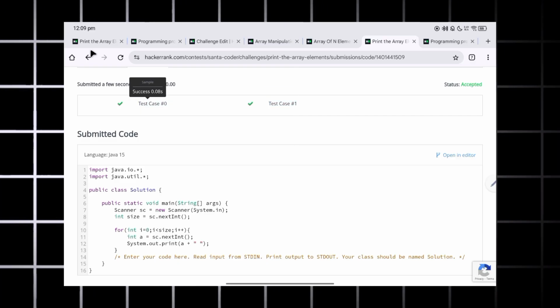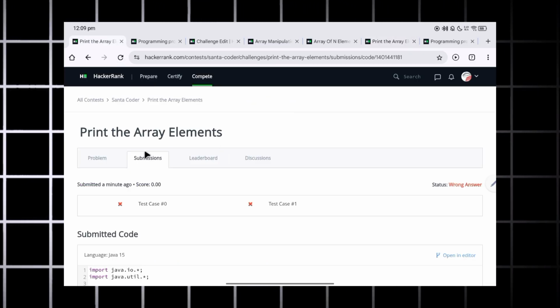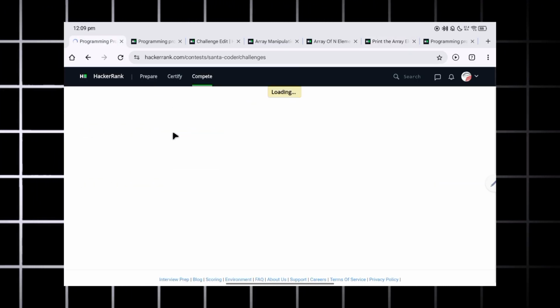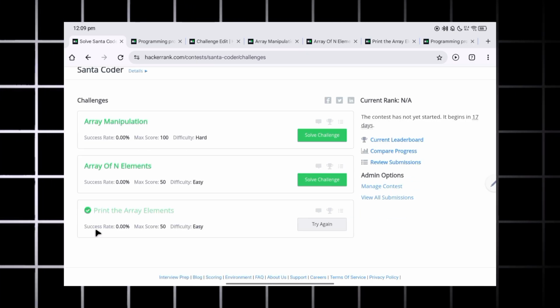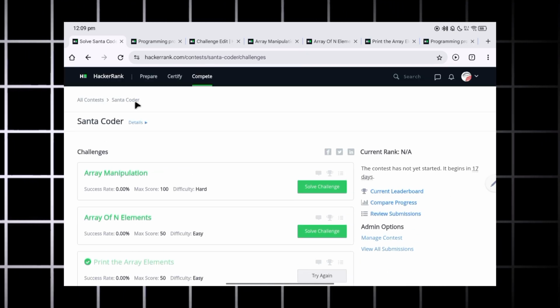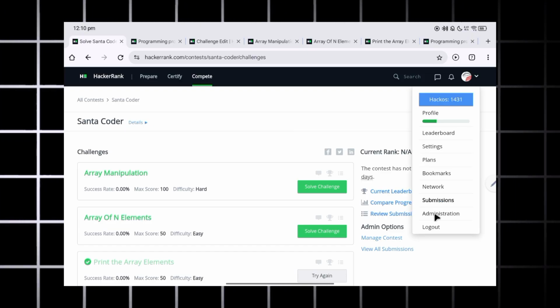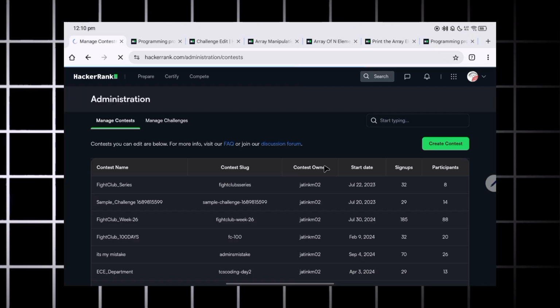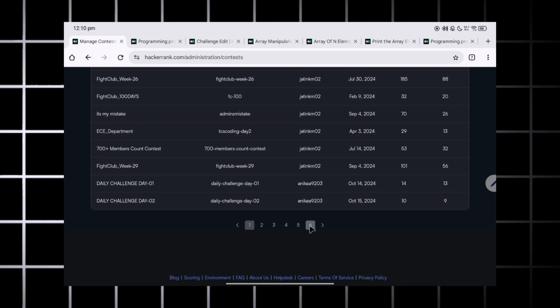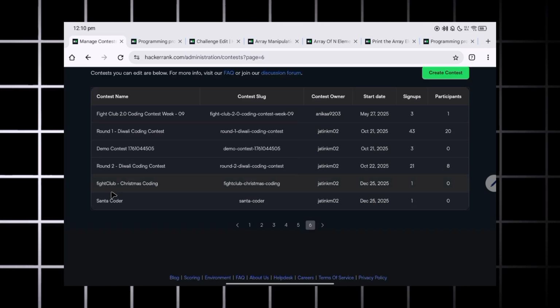Two test cases got passed, and now if I check Santa Coder, okay, this is in the competitive page. Like I'm attending this contest, right? Let me go back to the administration part, and let me try this. Let me go to the Santa Coder,